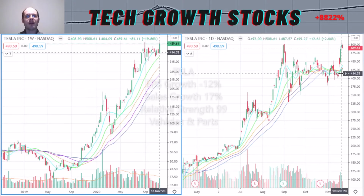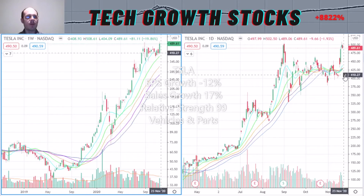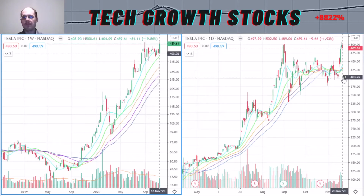Tesla's growth characteristics: the EPS growth is not the strongest, it's minus 12%, but the sales growth is strong with plus 17%, and the relative strength rating is so strong with 99. So I think it's an excellent top disruptive stock to buy right now. Okay everybody, so that was it for Tesla. Let's have a look at the next top disruptive stock to buy right now, and it is